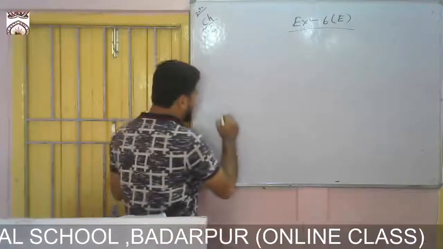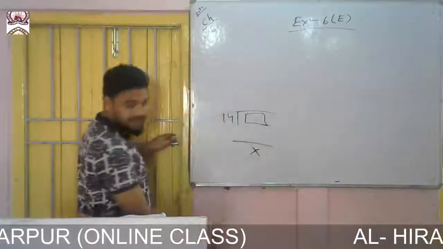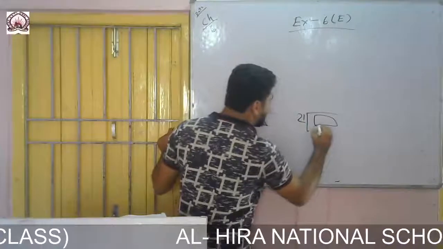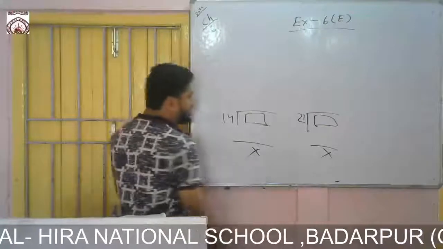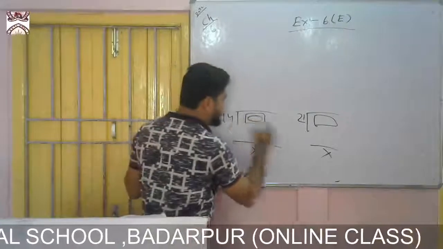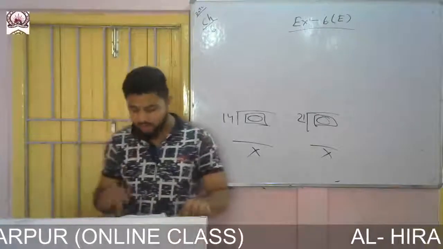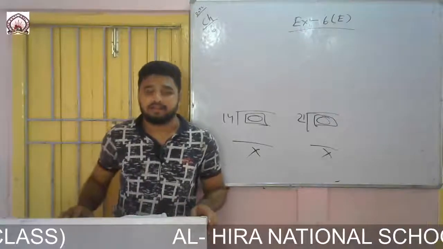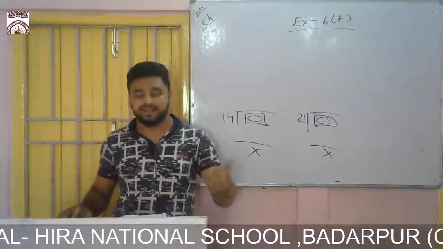That means you have to divide a number with 14 with no remainder, and with 21 also you have to divide the number with no remainder. And the number should not be the bigger one, it should be the least one. So it is nothing but the LCM of the two numbers, that is 14 and 21. Since the chapter is related with HCF and LCM, this part is about the LCM.